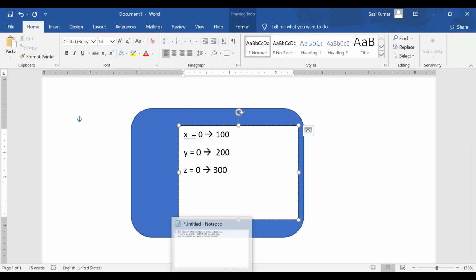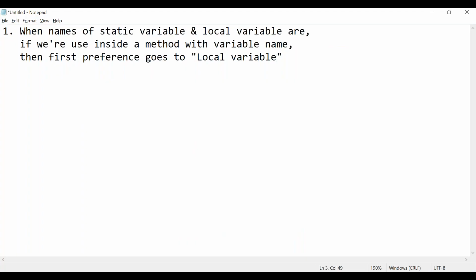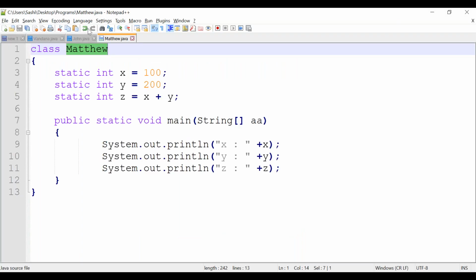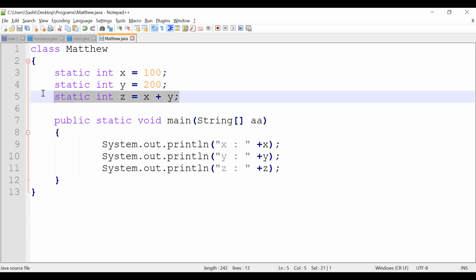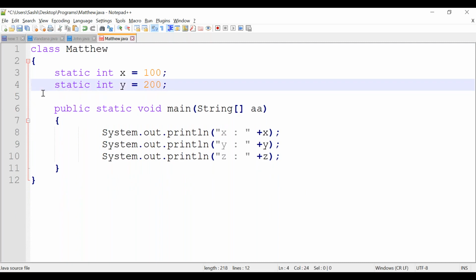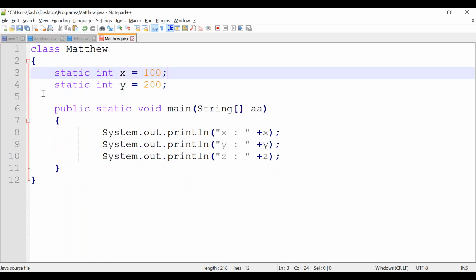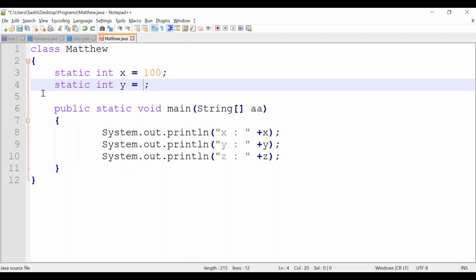Okay. So what I do, again we will play with this program only. For better understanding, continuity, I am just playing like this. Let's x equal to 100.